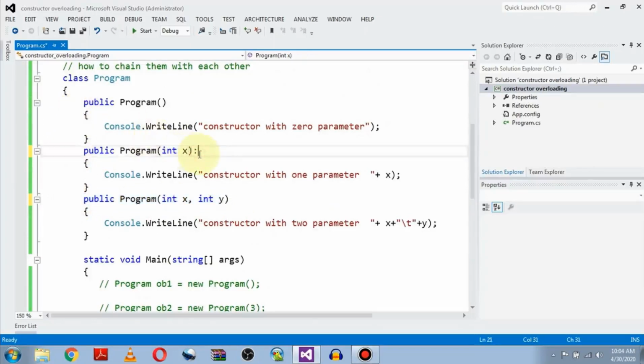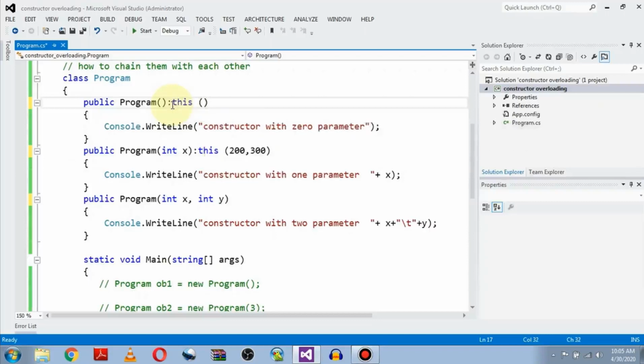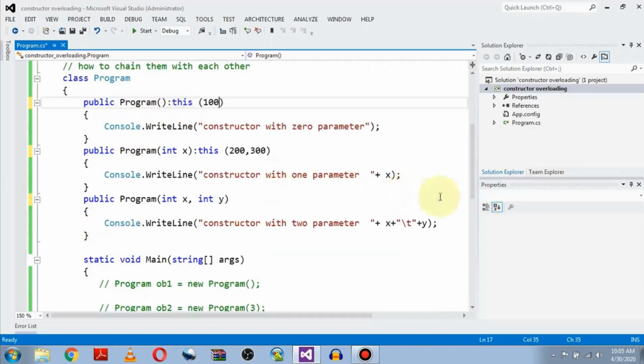Let's write colon this, and we want to connect 2 argument functions, so we have to send 2 arguments, 2 static arguments. Then the 1 argument constructor function should be connected with a 0 argument constructor. So again colon this, and send 1 argument. Let's say the argument should be 100.